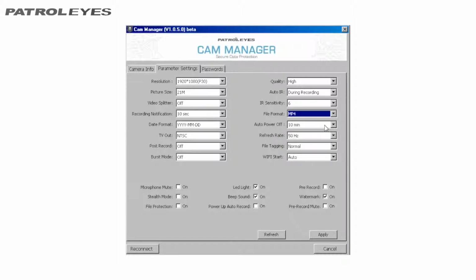This is the amount of time before your camera will automatically power off in standby mode. This time will not be reflected if the camera is in use. Refresh rate, file tagging, Wi-Fi start,